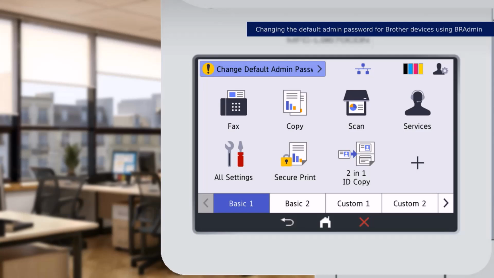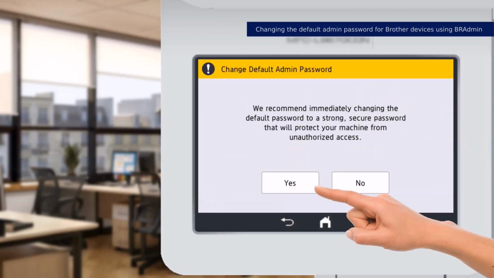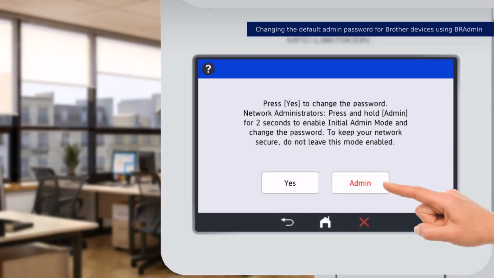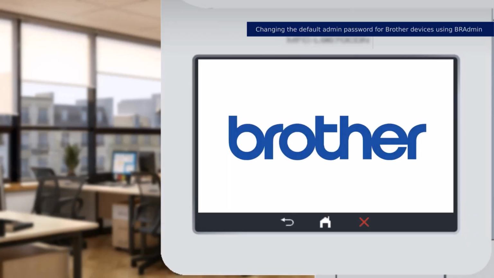Here is one of my devices. As you can see, it is telling me to change the default admin password from the message above. This message is responsive and lets me tap it to begin the process of putting this device into initial admin mode. From here, I need to tap the Yes button, and then press and hold the admin button for 2 seconds, which will immediately restart the device, and put it into initial admin mode, where it can now receive a new